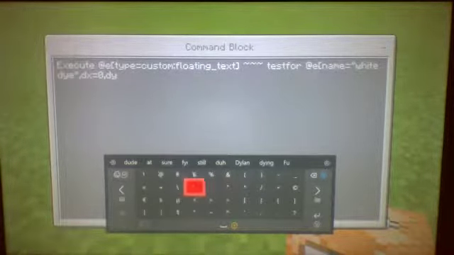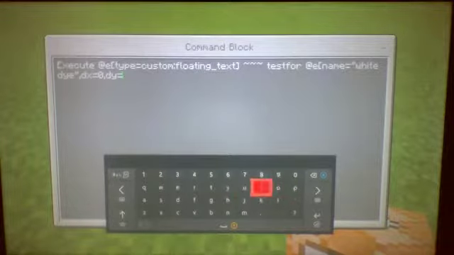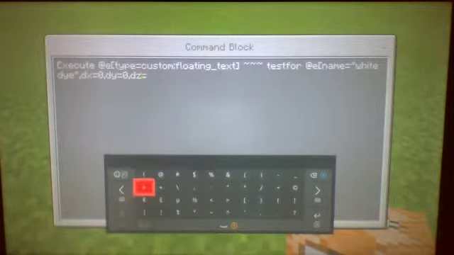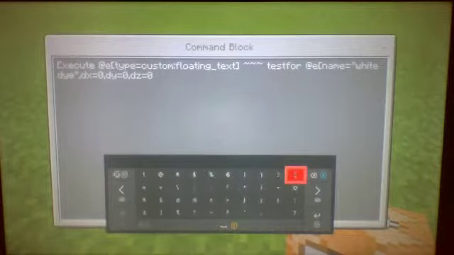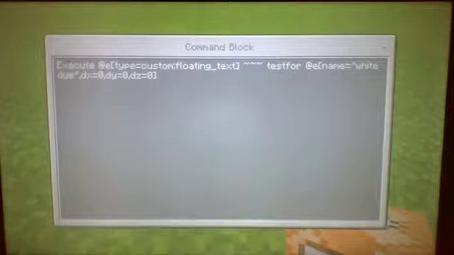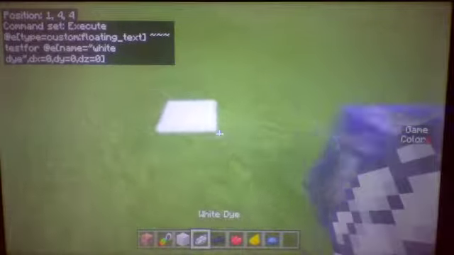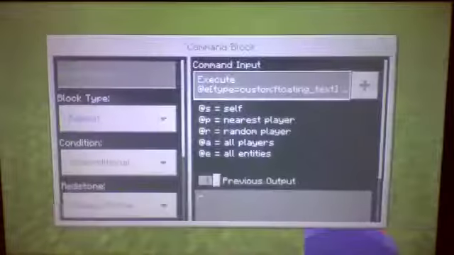dy, which is the same for y, 0, and then the same for z is again 0. So now it has to be in the exact block where it is. It's testing if there's a white die, which there should be now. So if I grab in here, come in here,